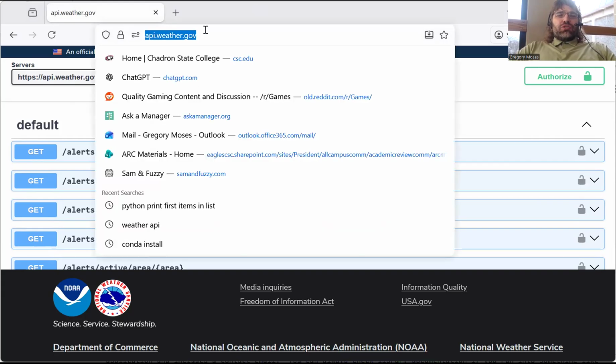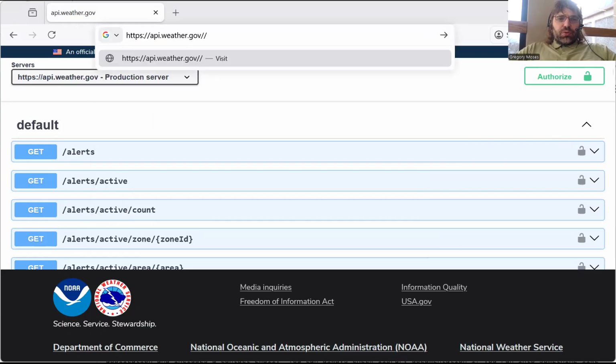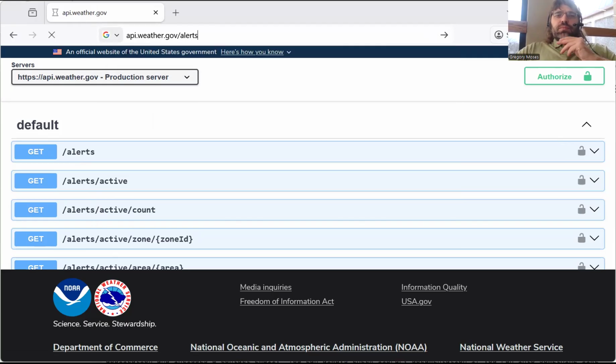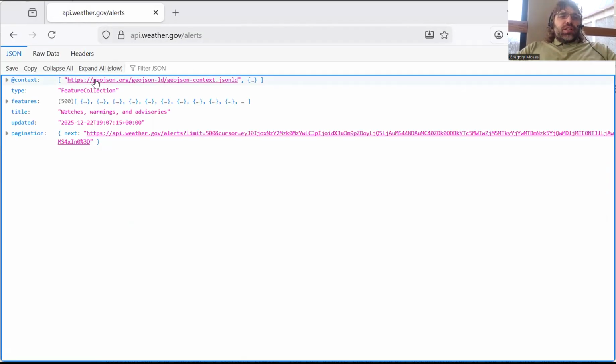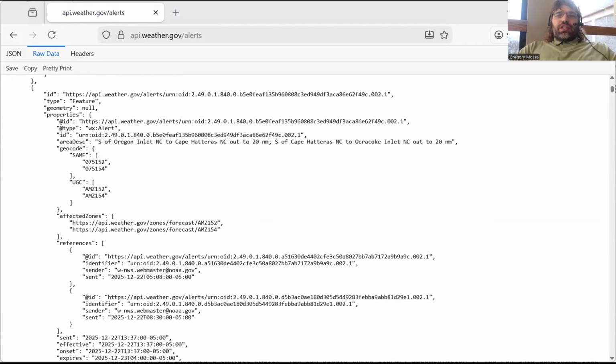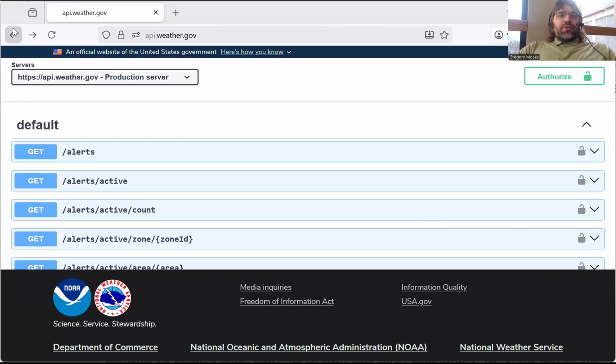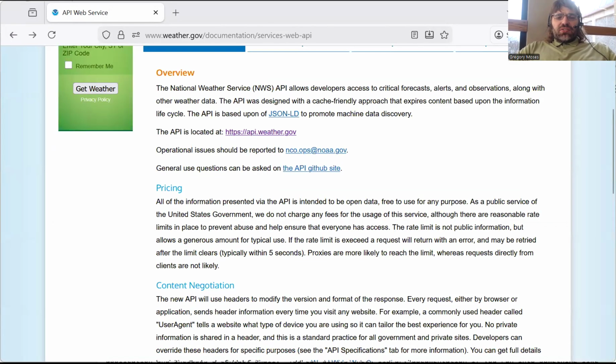So if I take this route and add alerts to it, for example, okay, here's JSON. Here is all of the raw data about these weather alerts. This is what I want to access. So before I go to Spyder and start doing programming,